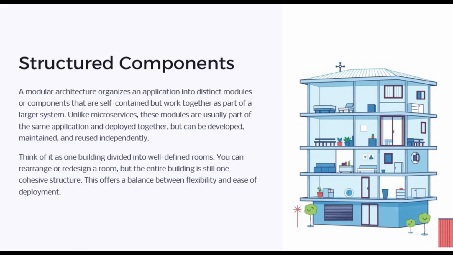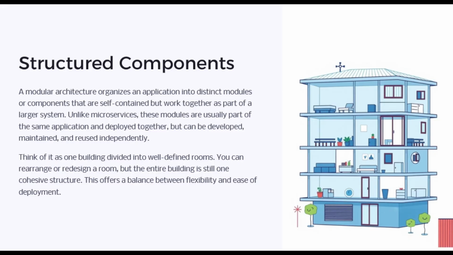Disadvantages: requires careful planning of dependencies between modules. Can become complex if modules are not well structured or standardized. Examples: front-end frameworks like Angular and React are modular, allowing developers to build applications from reusable components. Back-end frameworks can also adopt modular structures, such as Spring Boot, Java, with independent modules for security, data, and web services. Additional features of modular architecture: the application is divided into modules or components, such as UI,